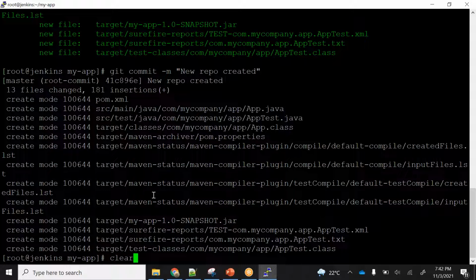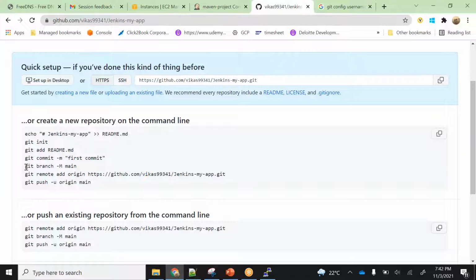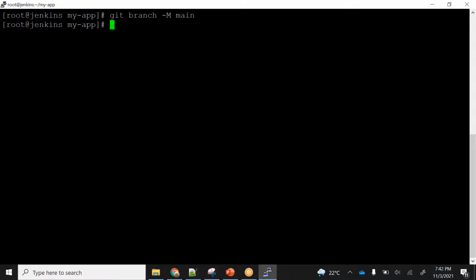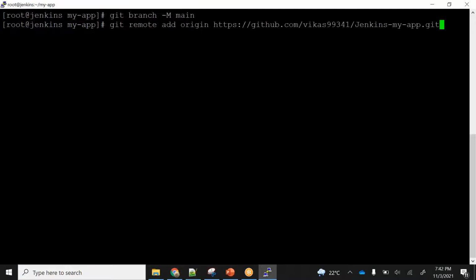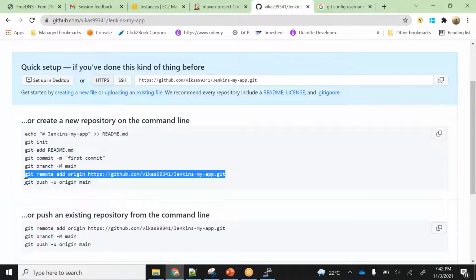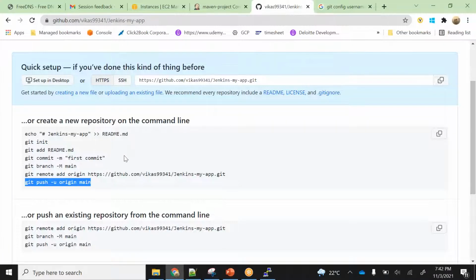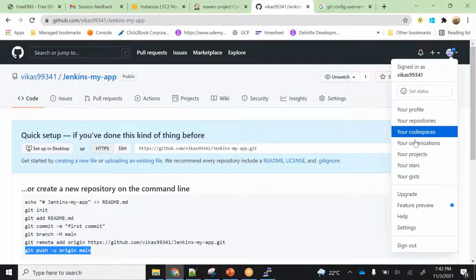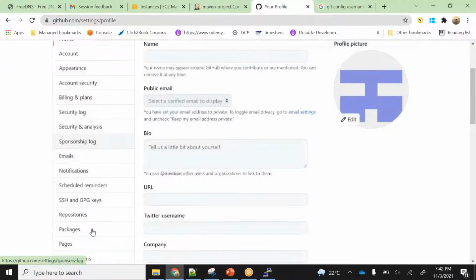Now, once this is done, I do two more things here. So git branch, I will say that main is going to be my default branch. I'm going to say add origin to this repo. And then the last command is git push -u origin main. Push it here. But before you push, you will need that token. Now I misplaced that token. So I will come here and create that API token again. So let me just come here to settings. Let me come here to this